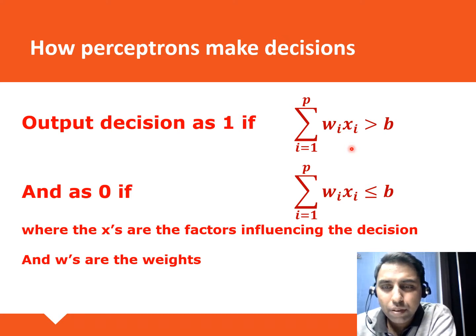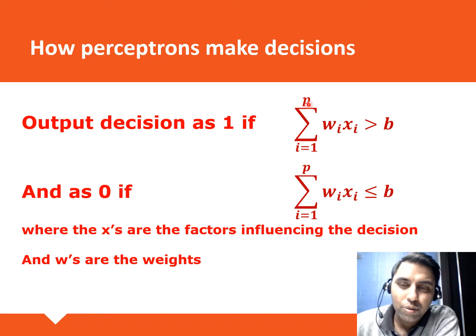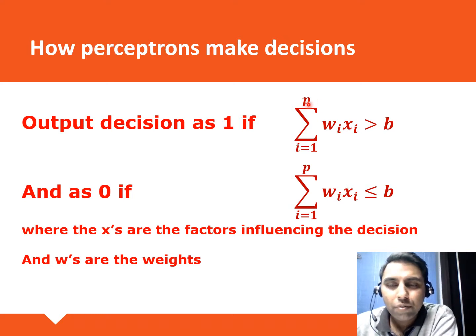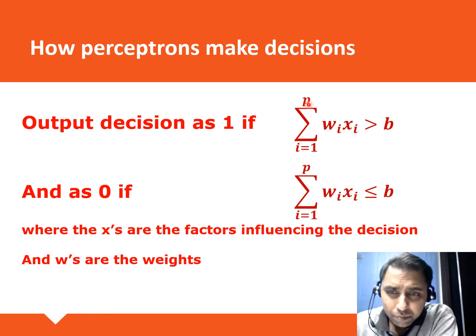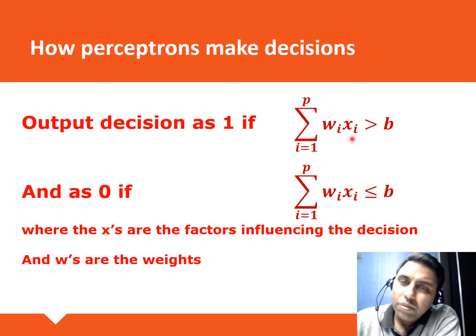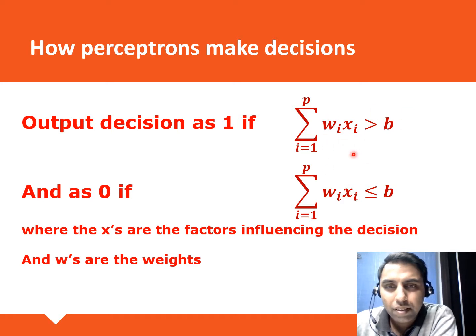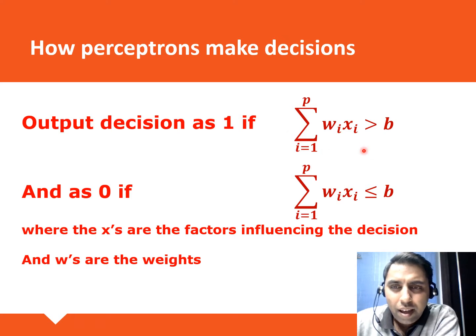So in the example that we were looking at, p was equal to 3. So there were 3 different types of information flowing in, and it was influencing your decision to go or not to go for the food festival, right? So if there are p of these x's, what the perceptron does is it applies a linear combination of the x's using some weights wi, and then it sums it up, and then there is a thresholding factor called b, and it will compare this linear combination of x's and the w's with b,